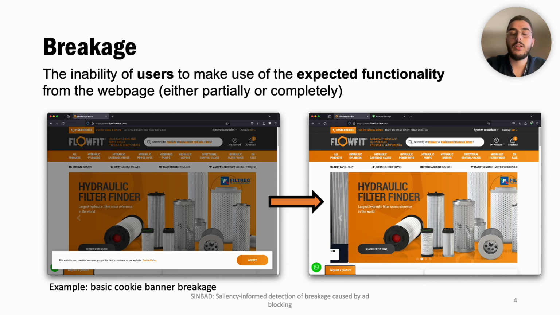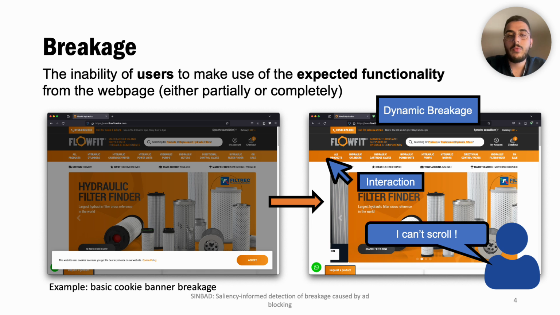Let's say the ad blocker now implements new rules that fix this problem and returns the content to the site. However, when the user tries to scroll and interact with the page, they cannot. So they report this as breakage, since they cannot interact properly with the page. We refer to this breakage that requires at least one interaction as dynamic breakage. As you can see later, dynamic breakage is hard to reproduce because it requires simulating the user interactions that led